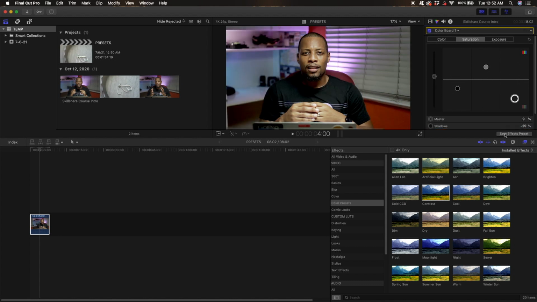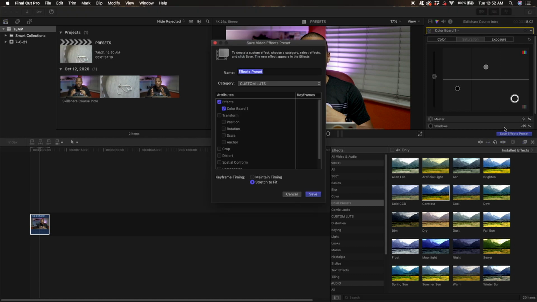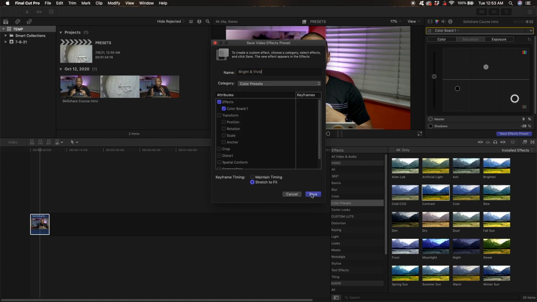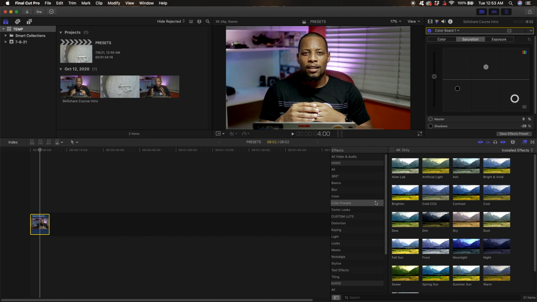When you're satisfied, click Save Effects Preset underneath the inspector window. Rename the preset. We'll name it Bright and Vivid. Choose a category to put it in. We'll put it in, let's see, color presets, because that's where everything else is, right? Click Save. And now when you go over to the inspector window